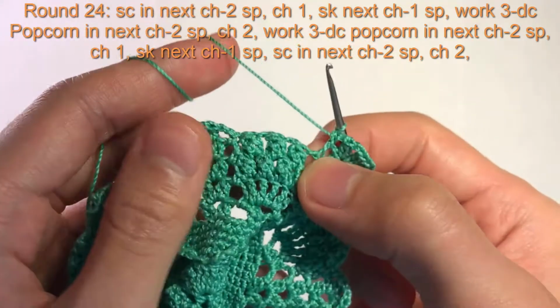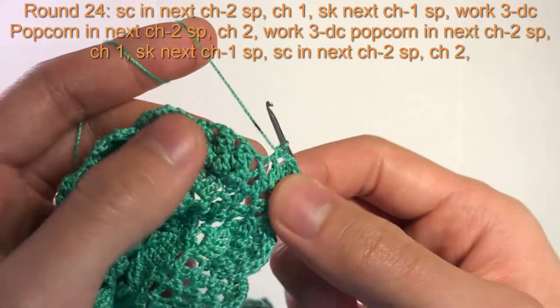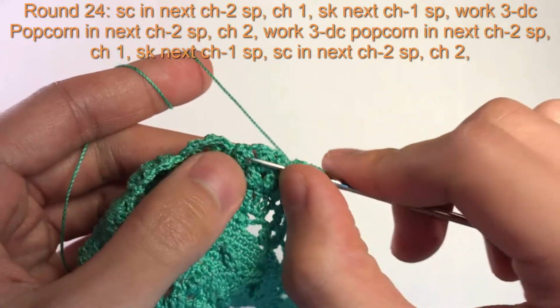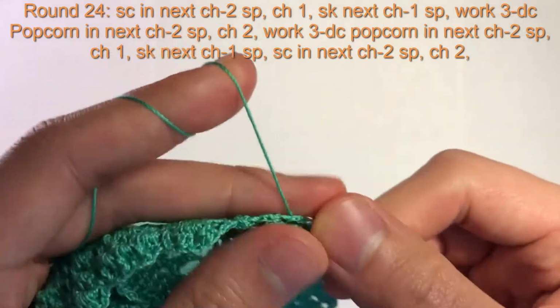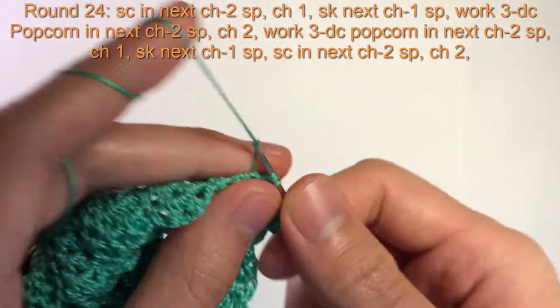And then the chain 1 spaces all the way around, we're going to skip. So we're not going to do anything in the chain 1 spaces. Instead, we're going to chain 1 like normal. And we're here at our popcorns. In between the spaces, we're going to do a popcorn again. Okay, so that's a 3 double crochet popcorn,